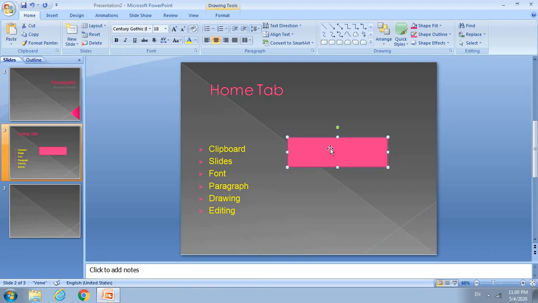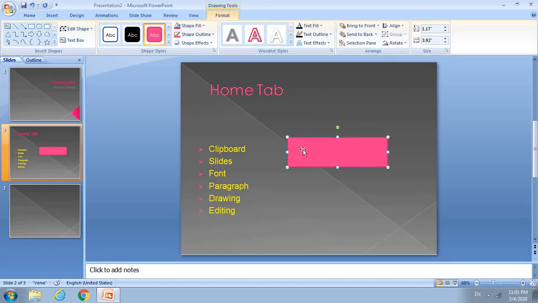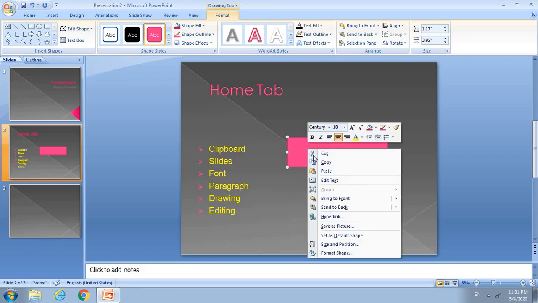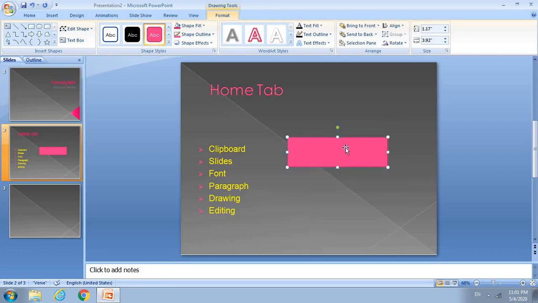This rectangle is independent of this particular box which we already had. This is the main layout box which was given to us when we selected the slide, but I don't want this box to be totally dependent on this particular slide-provided box. So what will I do? I'll add this shape and I'll write some text here. So how will I do that? Just right click, click on edit text, and this box is now editable. So I'll write a new box here.